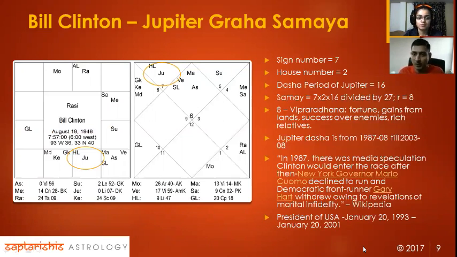Which means you have to also calculate the Graha Dasha of Sun. Now, if you calculate Graha Dasha of Jupiter and Graha Dasha of Sun, and then see what both of these together are trying to say, then you will realize the actual effect